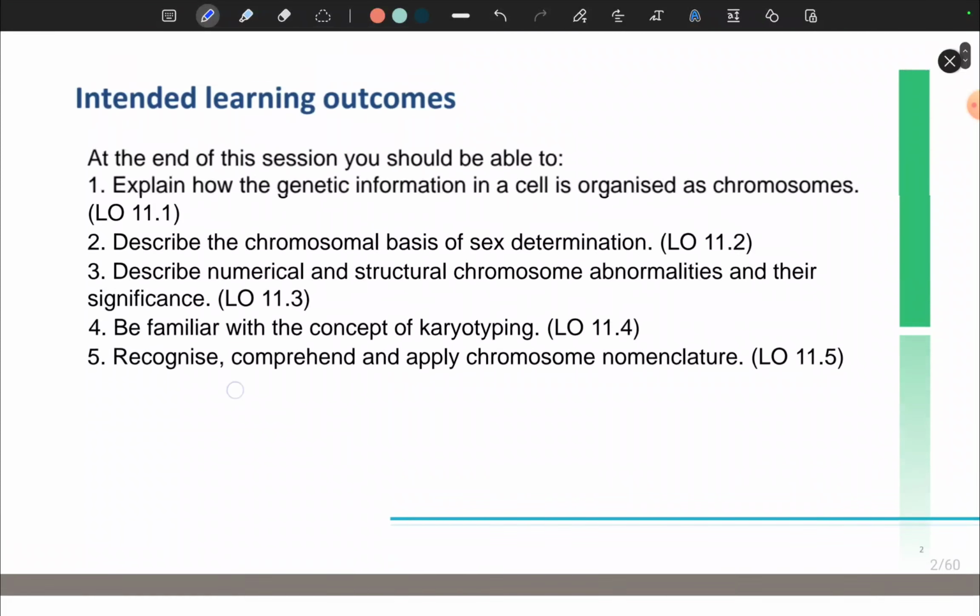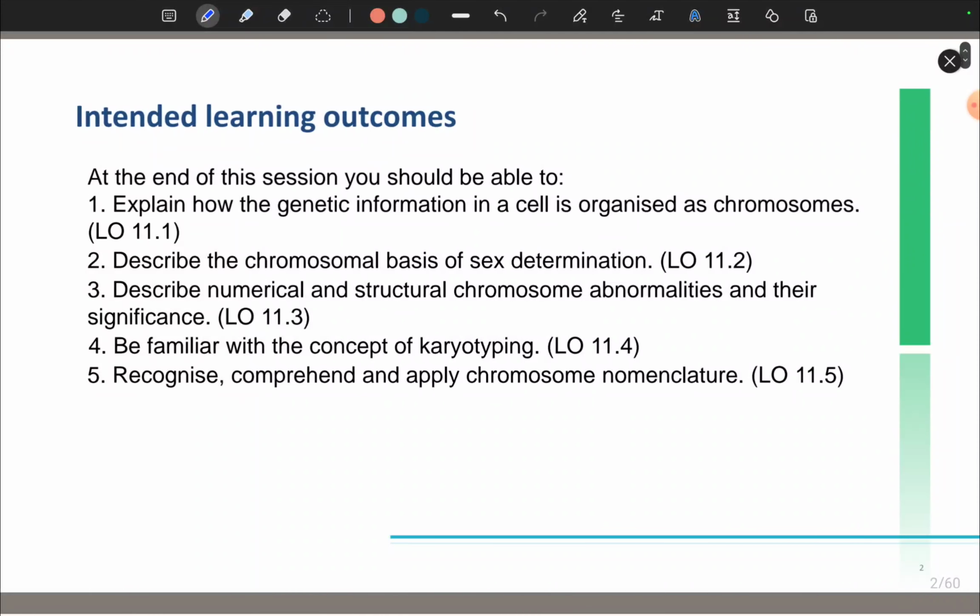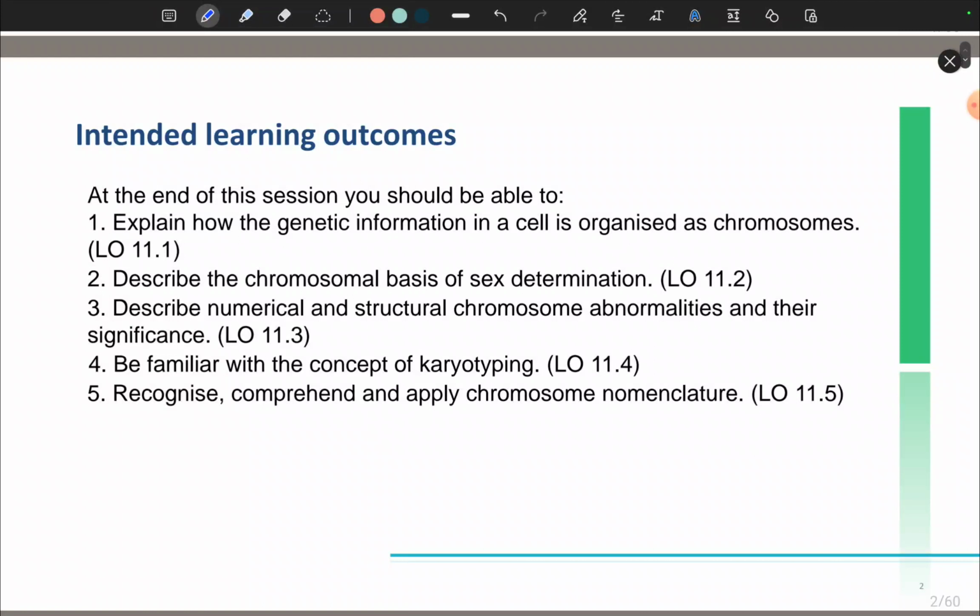So these are the learning outcomes. We have different learning outcomes. We come to the structure, we come to the chromosomal basis of sex differentiation and others. Just try to make the screen bigger. So the first few slides contain the